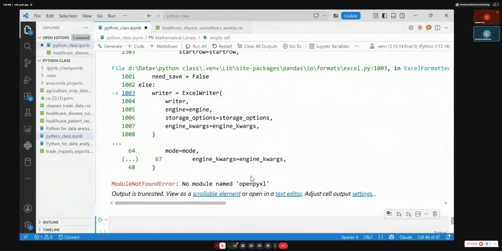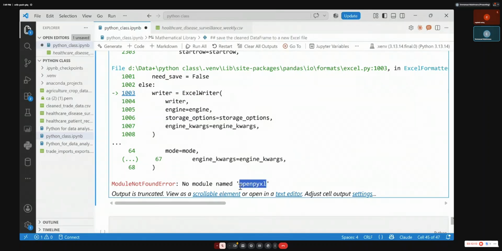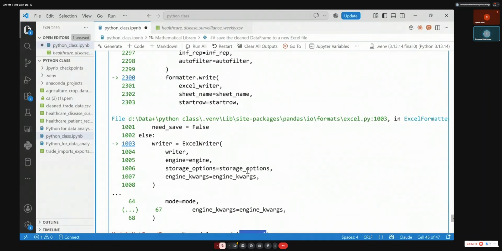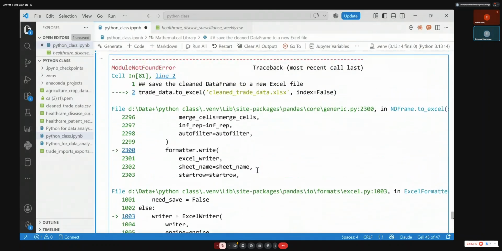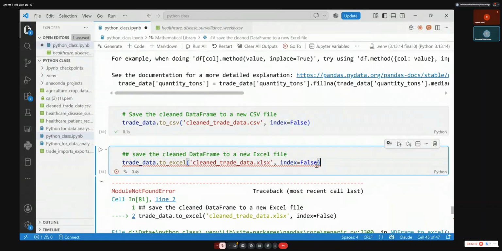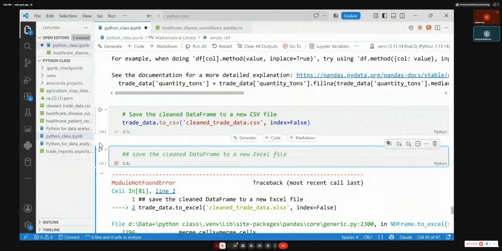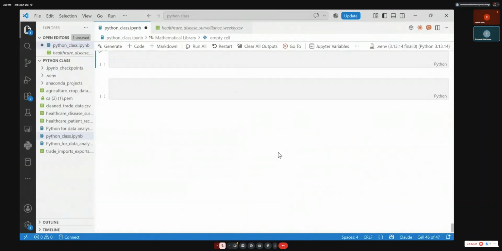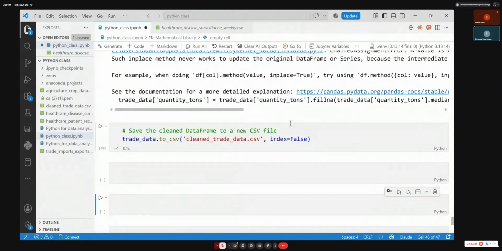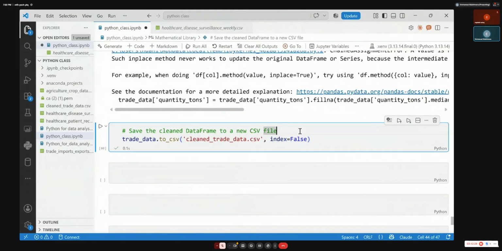Yes, when you are working with Excel, you need to install this function. If this function is installed, it should work and save it as Excel. This is really interesting. You can save it as Excel, but for now let's save it as CSV. So now the file is saved, called cleaned trade data without a missing value. Whatever was missing was filled according to our wish.